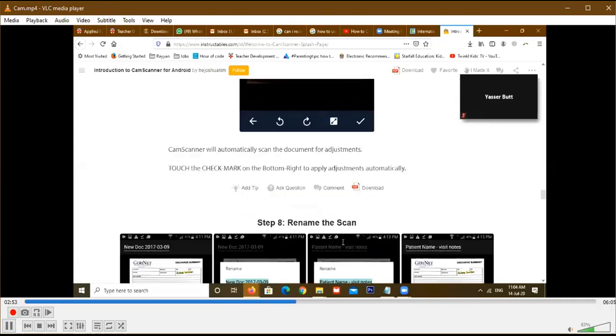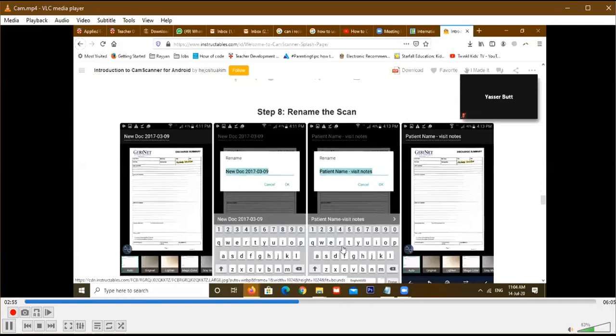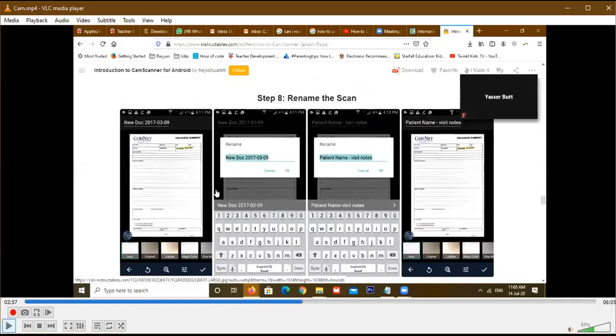and it's going to present you with another screen. In this screen, you have two options. One option is where you're going to select a filter to try and make this page clearly visible. So what this means is that this page can be made clearer, or you can leave it at auto, which is by default. If you want to try the magic color filter, it might enhance or it might not, but see which one suits you best,